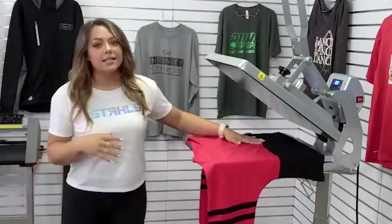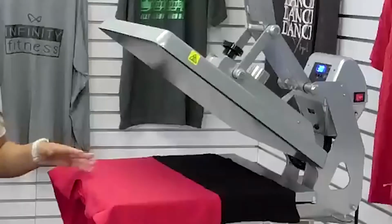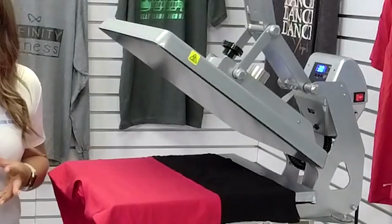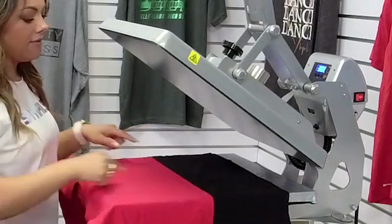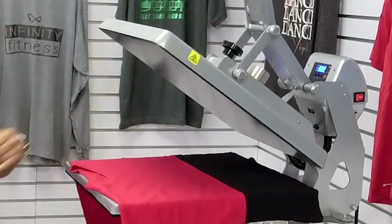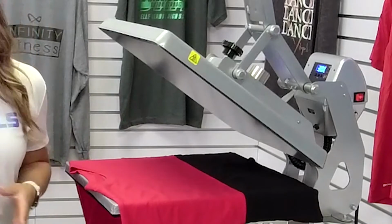Now, as I lay this garment across the 16 by 20, you can see some pain points on how this could possibly be a little bit difficult to decorate. The reason is because of this seam that we have here. We have a seam right in the middle of the garment, and then of course we have a seam at the collar, both of which are thick enough that they can